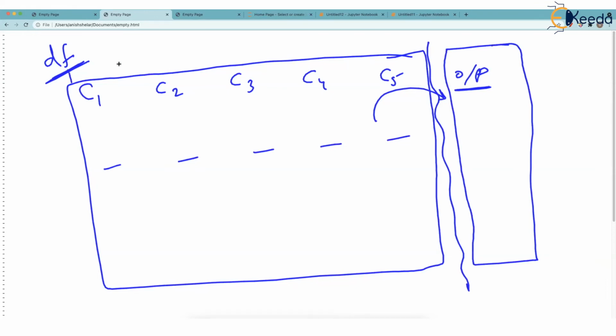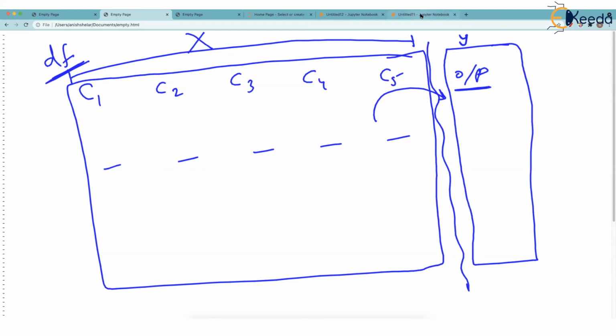This data frame which contains only input columns is often called capital X. There is no such rule, but all authors, all programmers use capital X. So this X will contain these columns, and we will cut the data frame in such a way that small y is the data frame which will contain only the output column. This is the most important step in most of the machine learning algorithms.